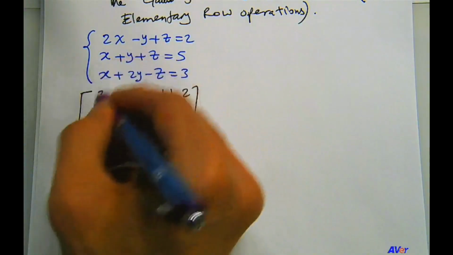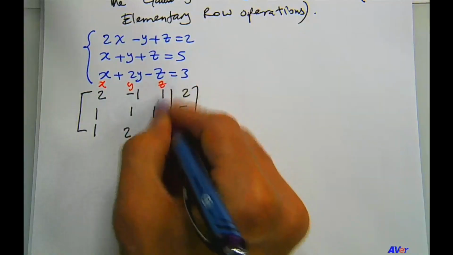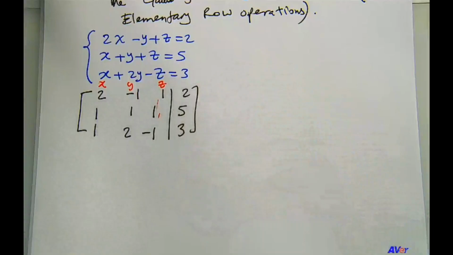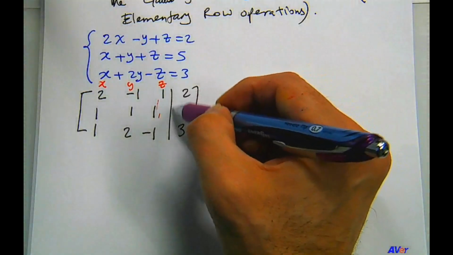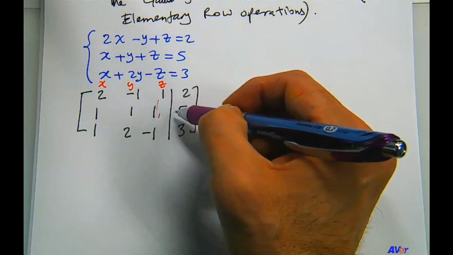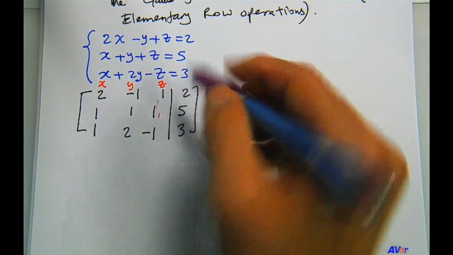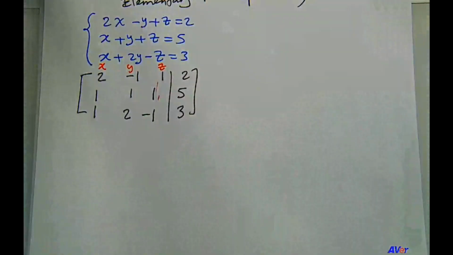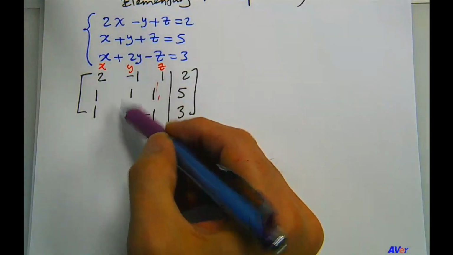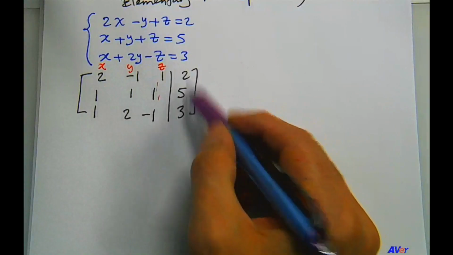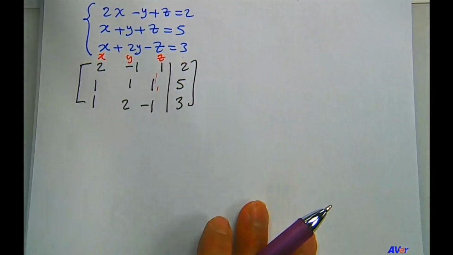Just remember, these are the coefficients of variable x, these are the coefficients of variable y, and these are the coefficients of variable z, and these are the constants. Some authors, when you read textbooks, like to put this vertical line here, some don't. So it's not an error if you leave it out. I like to use it because it's a visual aid. It helps me keep track of which numbers are the coefficients of the variables, and which are constants on the other side of the equality symbol. All right, so